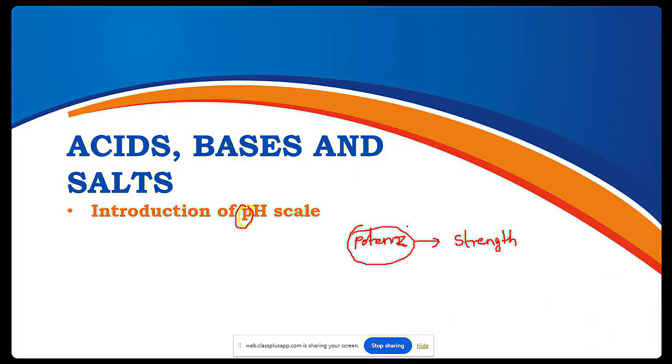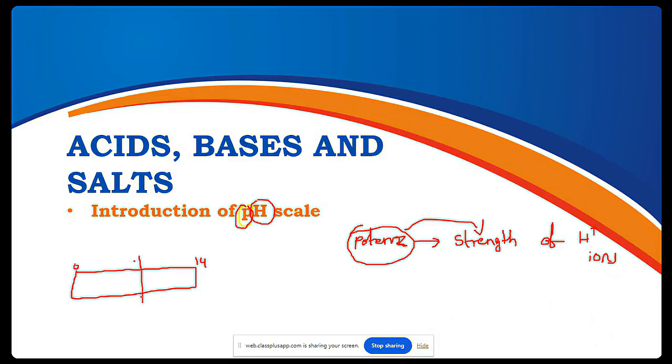The meaning of the word potenz is strength of what? Hydrogen. Strength of H plus ions. Okay. If you see here, take a scale of range 0 to 14. The range of the pH scale is 0 to 14 and exactly the middle value is 7. Is it right? So from 0 to 7, this is acidic in nature, acid,